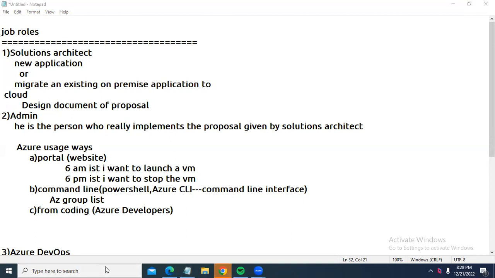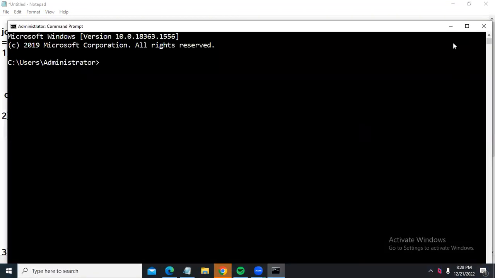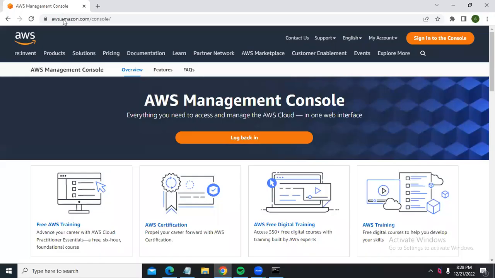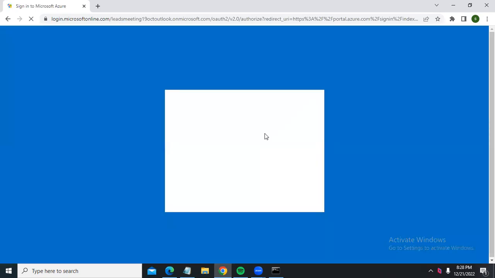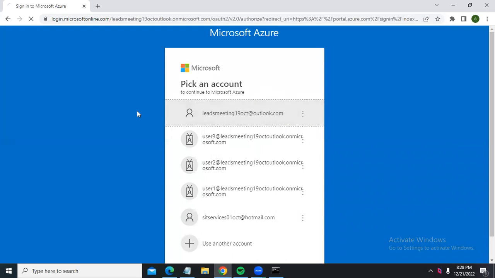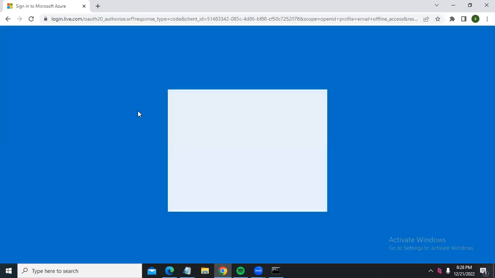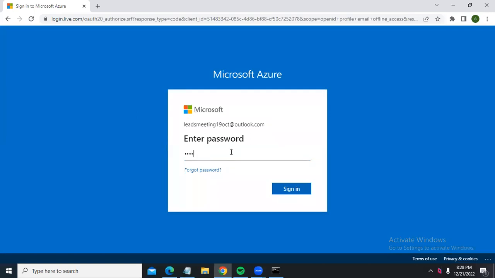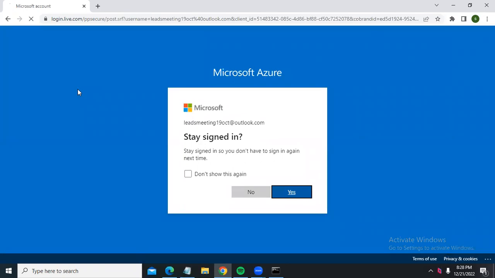Let us come to my command prompt. Let me execute a command. Actually I did not log in to my Azure portal. First let me show one interesting thing here. So I am logging into my account. Just have a look. I am logging in with my credentials. Now here,